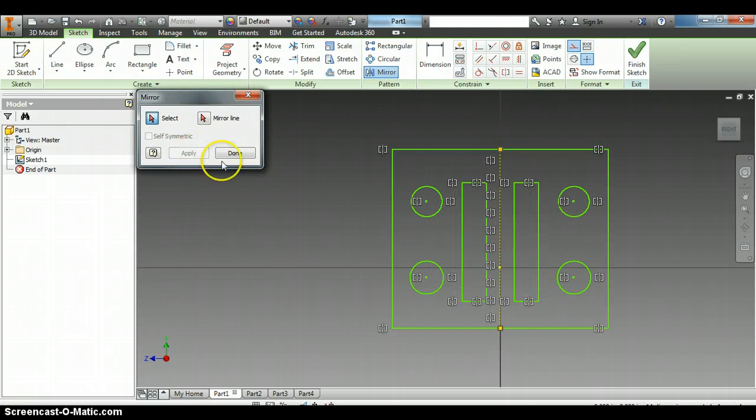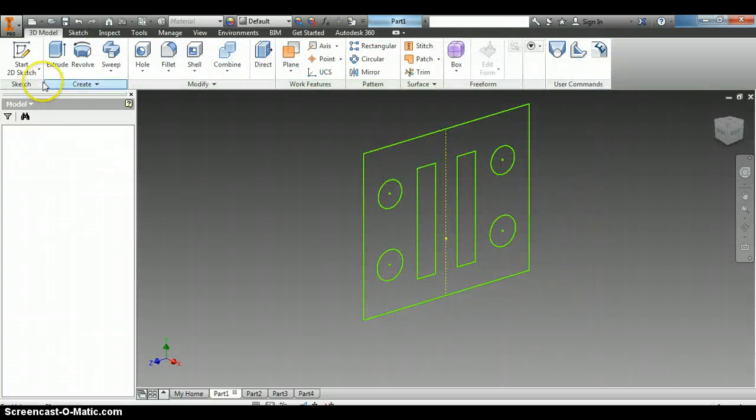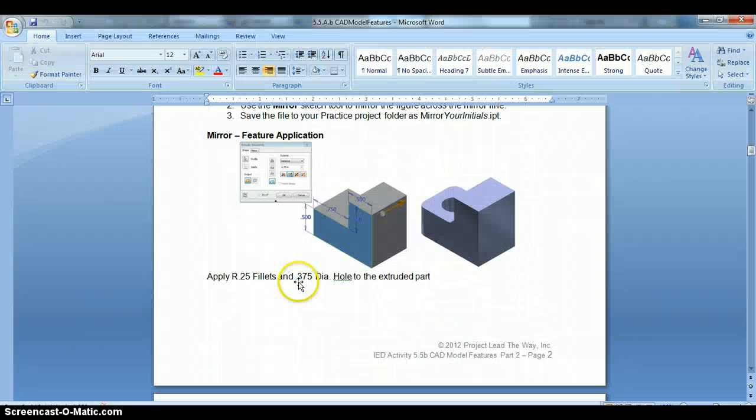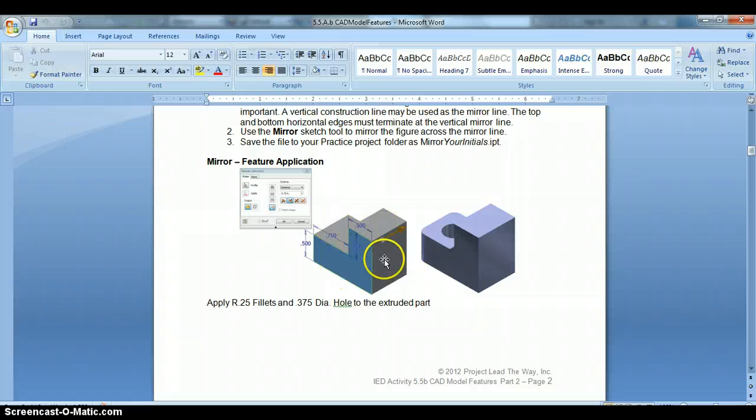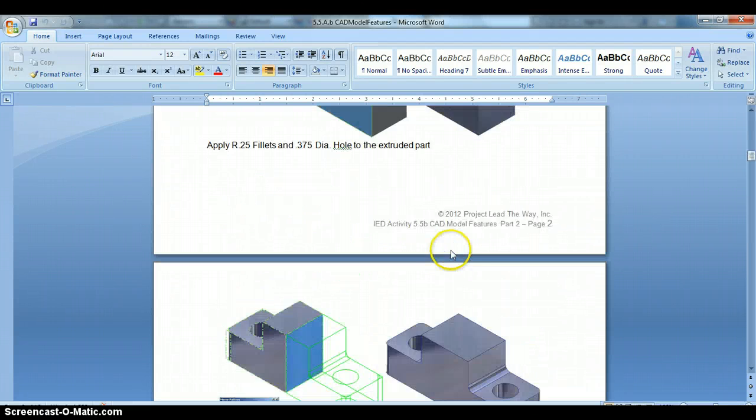and we'll hit apply, and you can see it mirrored everything left and right to us. Hit done, and there it is. Then you can finish sketch and save that. The next thing it wants us to do is to create, well, we're actually going to create this part right here, but I'm going to show you how to